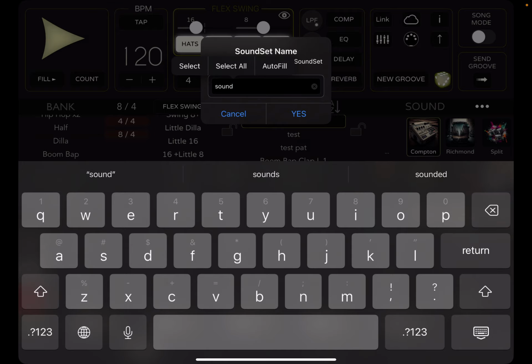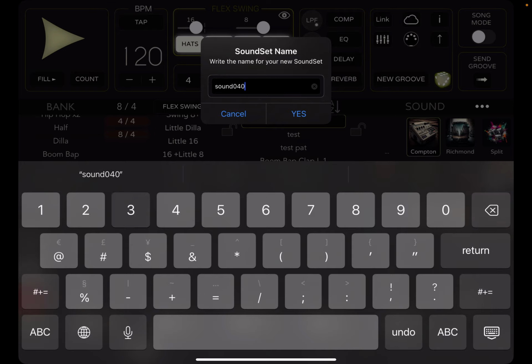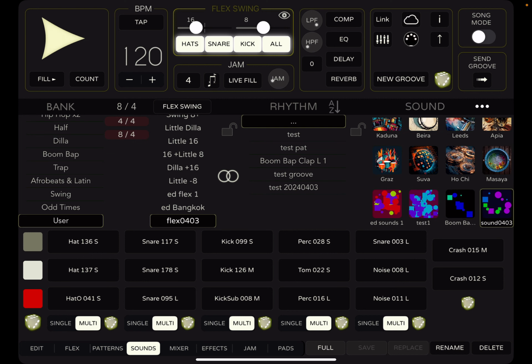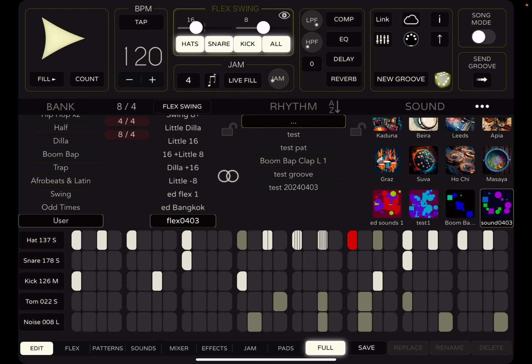If I can get this to go back, 0403. Yeah, here we are. All right, there's my sound. I got some other sound sets here. Now, one thing I found slightly